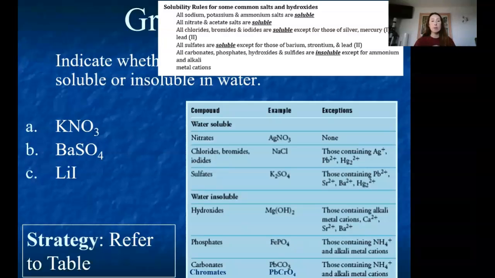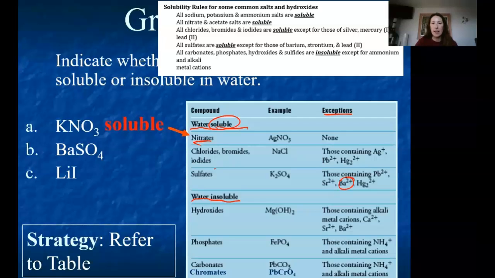So how do we know if it comes apart into ions? If it comes apart into ions, that means it comes apart like this. So the question is, does it come apart into ions? Is it aqueous? So we just look. This one's kind of cool. The whole top is soluble, the whole bottom is insoluble. So we look, it says nitrates, soluble. Remember, soluble means AQ. And then we look here. Sulfate, soluble except